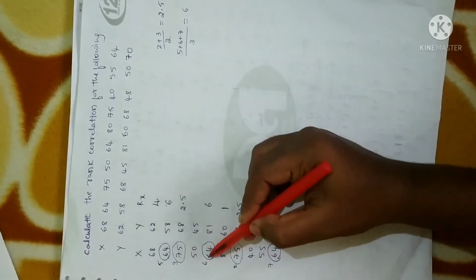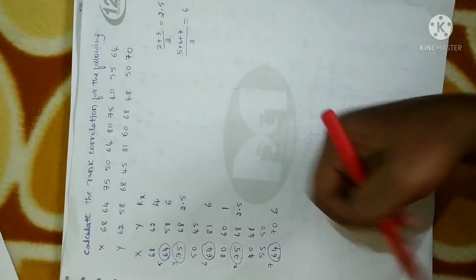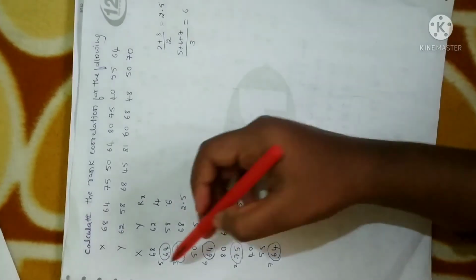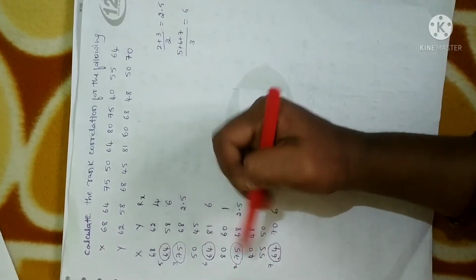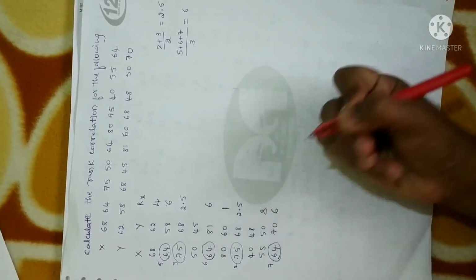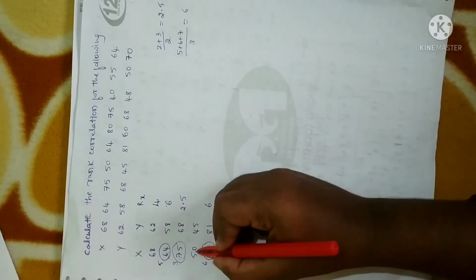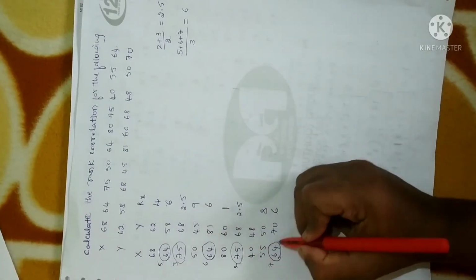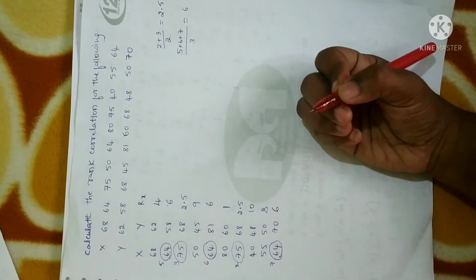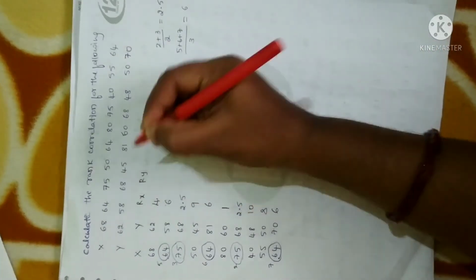Since 5th rank, 6th rank, 7th rank has been filled, next we have to fill 8th rank. So next search for the next highest number, it is 55. So 8th rank has to be given for that. Next highest number is 50, so 9th rank. Next remaining number is 10th rank. Clear? Similarly, let me calculate RY value.